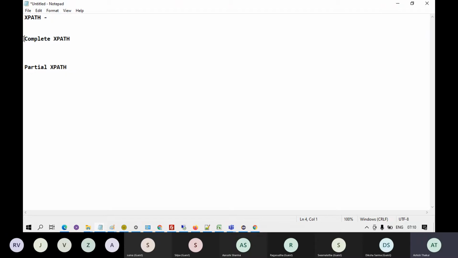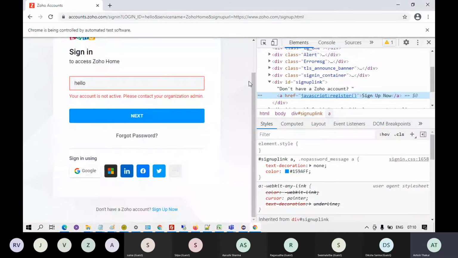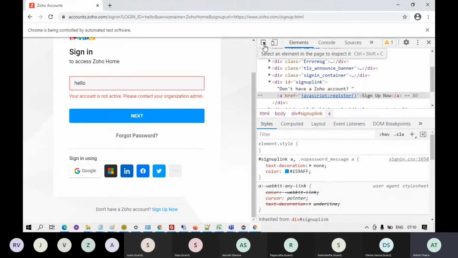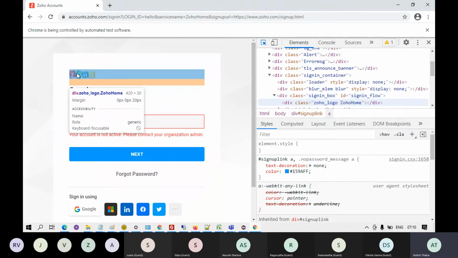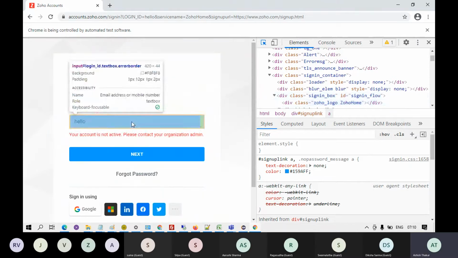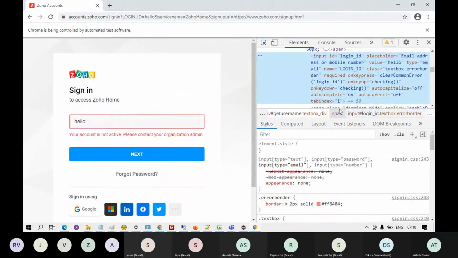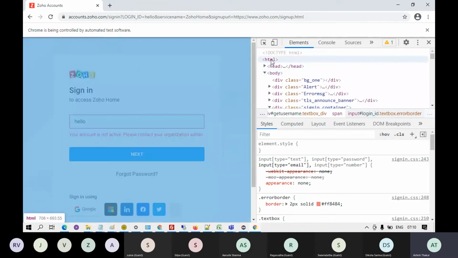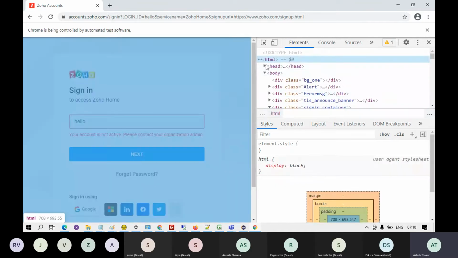Okay, now complete XPath is the one which starts from the root of the document. Like for example, if I analyze this username field, and the page source will be highlighted. Okay, so the root of the document is HTML.